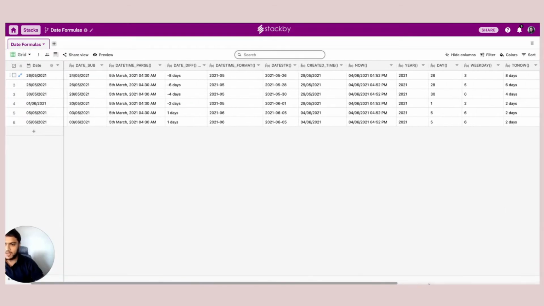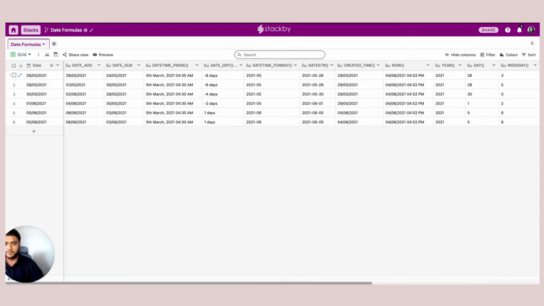So these are the top 10 to 12 different date and time functions that you can use, and you can mix and match, and use them even in complex scenarios such as if formulas, or combine them with logical operators or numerical operators. This is how you can manage your deadlines, your due dates, your follow-up dates, and various other things if you want to calculate based on, say, your campaigns, your projects, your deals or tasks, however you like to track on StackBuy. So give it a try.